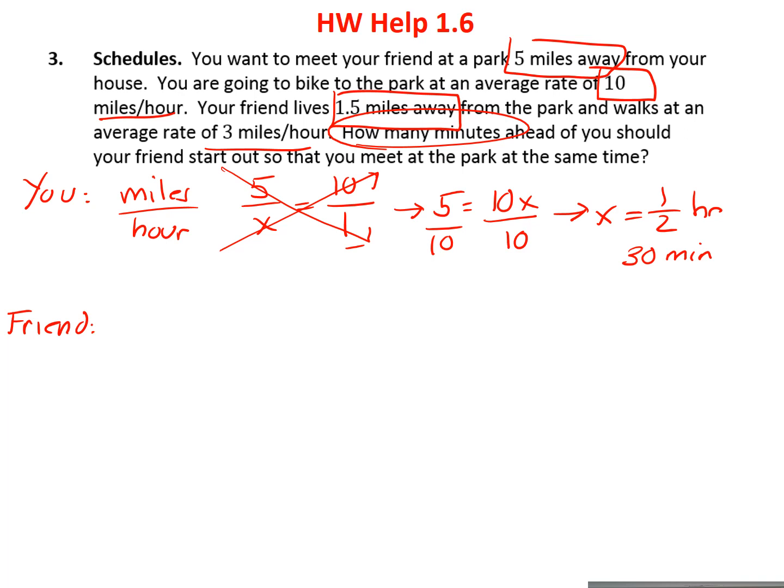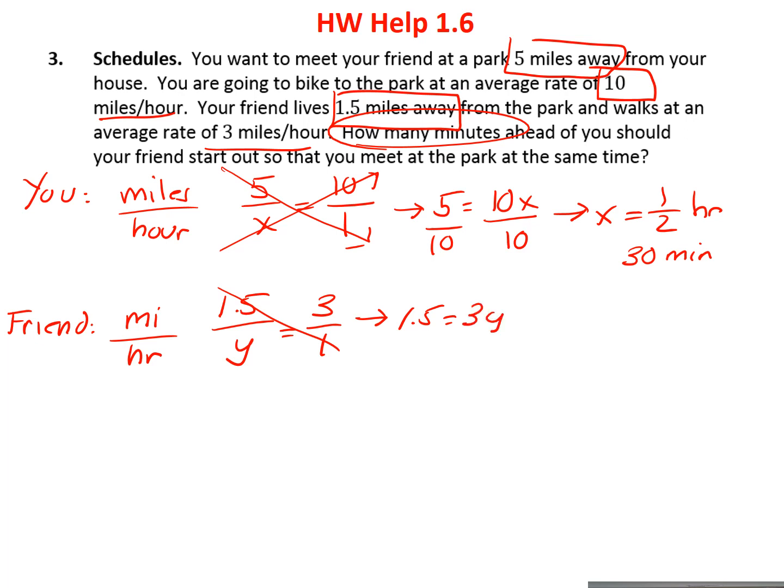Exactly the same calculation. We're going to do miles per hour. This time he lives 1.5 miles away, and I'm going to use Y because it's a different amount for him. And he walks at 3 miles per 1 hour. So just like before, I'm going to have 1.5